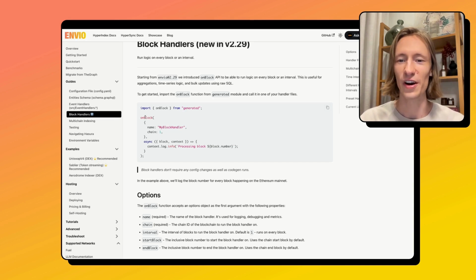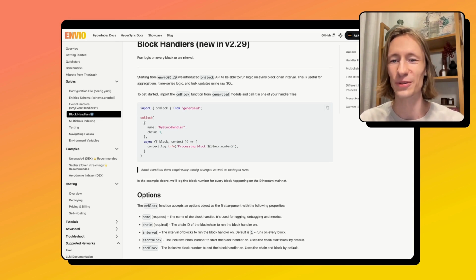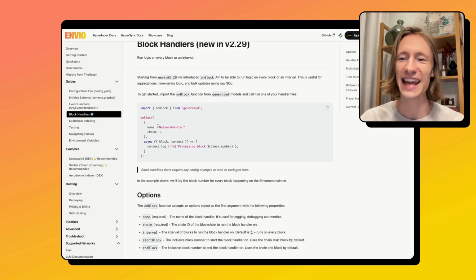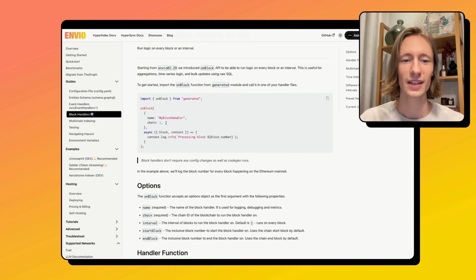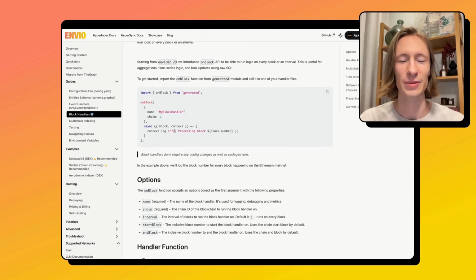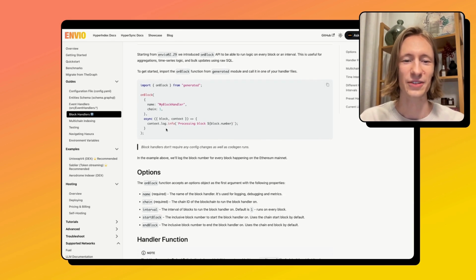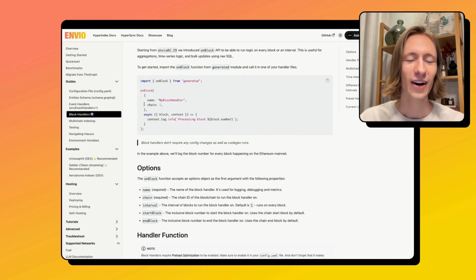This function accepts two arguments. The first argument is an options object, where name and chain are required. Name is useful for debugging, profiling, some metrics, performance, also logging. So every log fired from a block handler will include this name. So if you read some logic, it will be quite nice to find where the flow comes from. Also chain